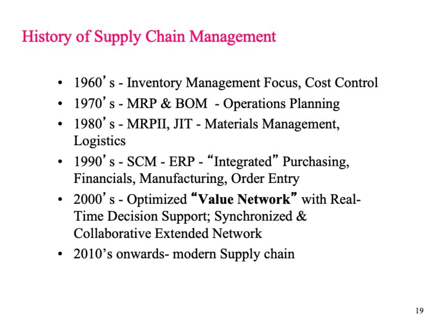Now let's talk about a brief history of supply chain management. In 1960, industry saw a lot of inventory issues in the factories. That's why they focused on cost control, where inventory management was the important objective. In 1970, there was a rise in the importance of material requirement planning, wherein the bill of material was an important document for operational planning.